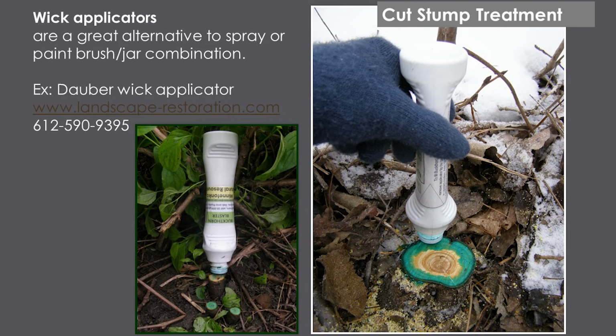For half a cup of mixed herbicide, you put 20% in this. Half a cup will treat a boatload of buckthorn, for a really long time. It's really easy. These things come with little tools so you can take the top piece off. Once you've gone through half a cup and a lot of daubing, the tip is worn out, and that little spongy tip is 50 cents. You get a new tip, refill it, and clean it all up. It comes with multiple tips when you buy it and a little tool.